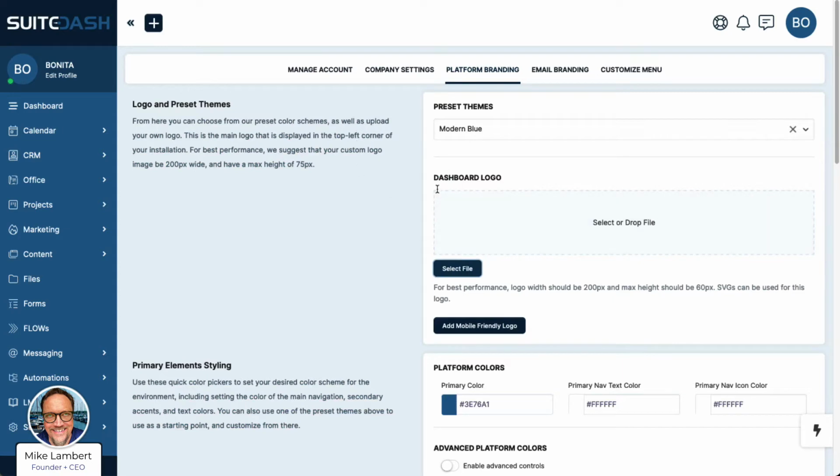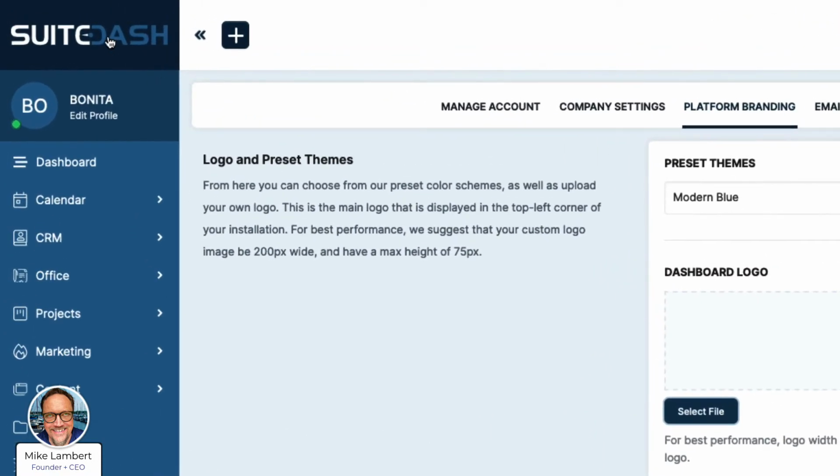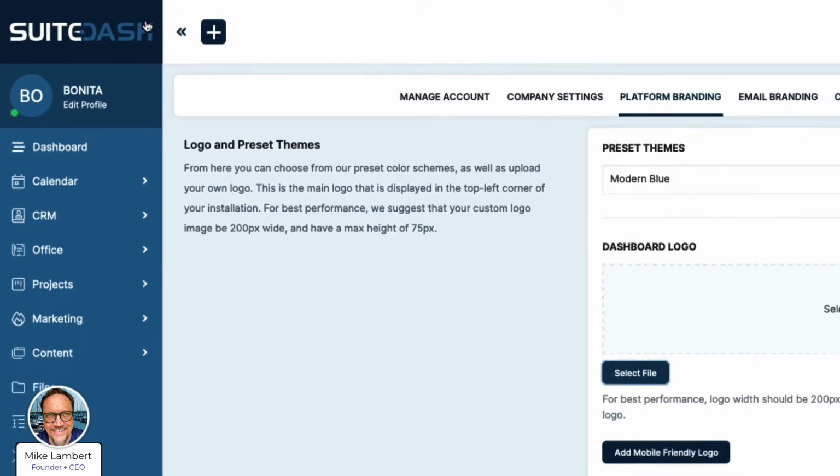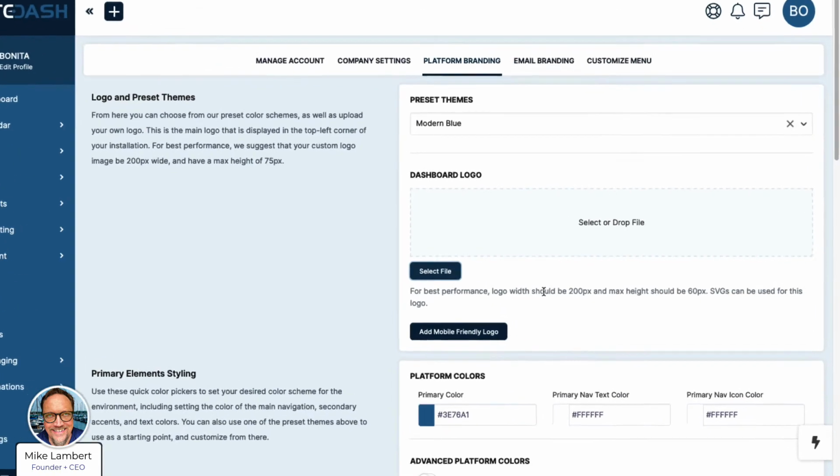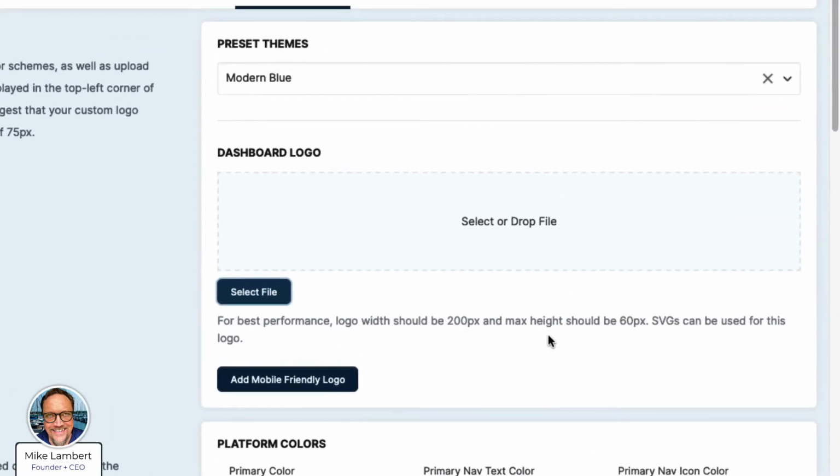Okay, now for the dashboard logo. So we're going to replace this logo with your logo. By definition, this logo needs to be in what we call landscape format, and you'll see here the logo width should be 200 pixels and the max height should be 60 pixels, and SVGs can be used for this